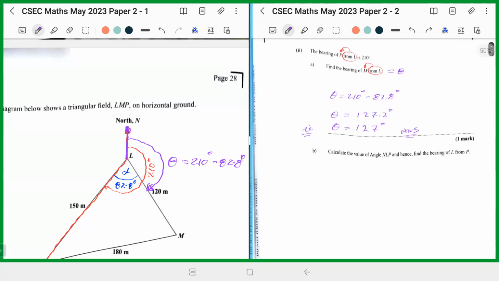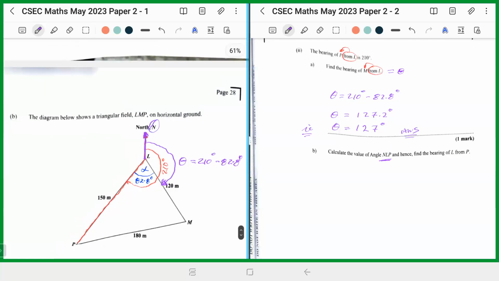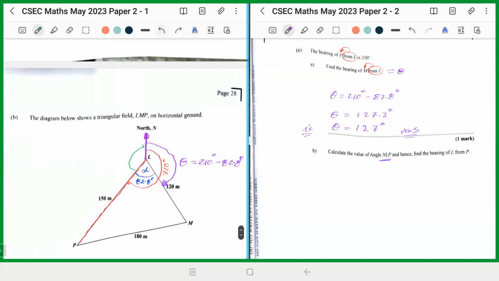It says now, calculate the value of angle NLP and hence find the bearing of L from P. The first angle I want is angle NLP. So working back with this diagram, the question is now asking us, let's put that angle in a different color. It's asking for this angle here, so green. That angle is easy to find. Why is that? Because